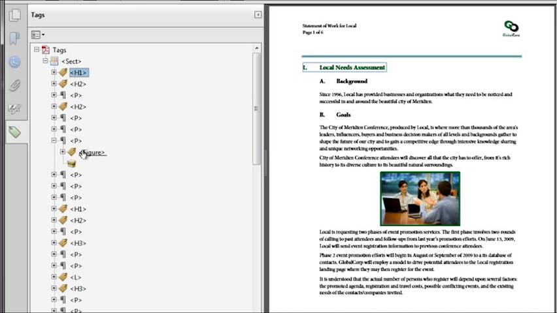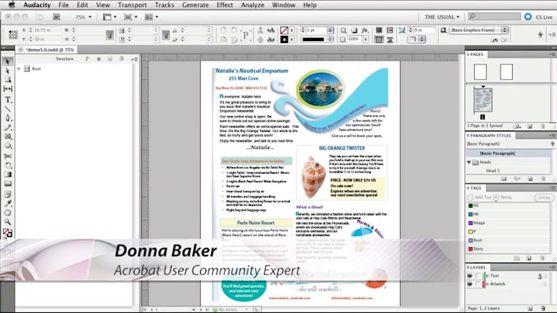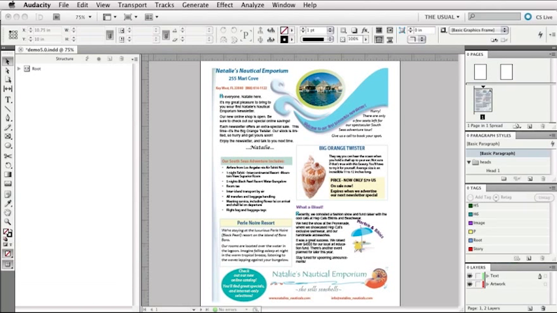So now that you've seen how easy it is to create a tagged PDF from Word, I'd like to turn things over to expert Donna Baker. Donna will be reviewing some of the new functionality for creating tagged PDFs from the latest version of Adobe InDesign CS 5.5. Donna, over to you. Thanks, Lori. InDesign CS 5.5 offers new features for content reflow and repurposing files for mobile devices, along with applying